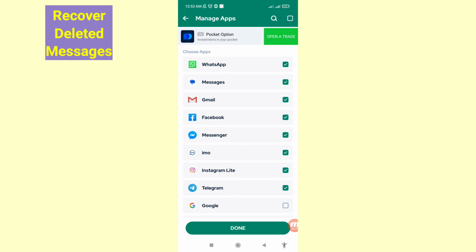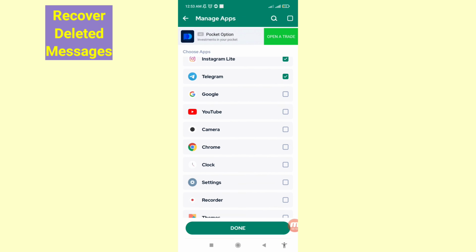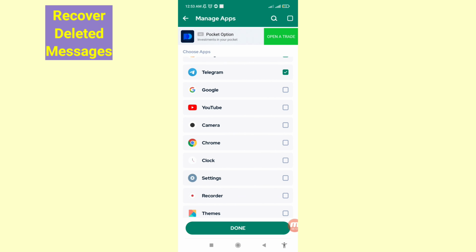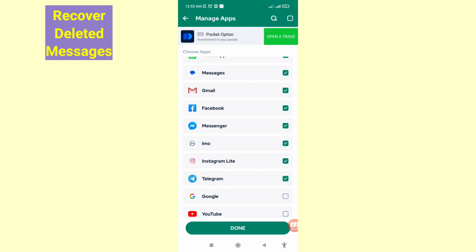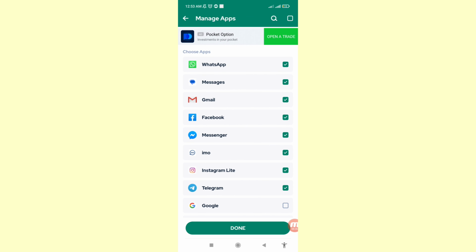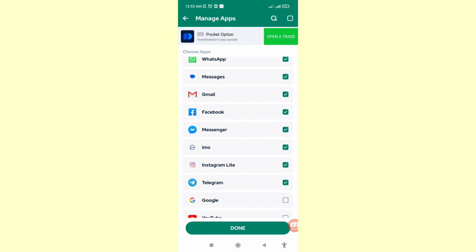In this video I'll show how to recover or restore deleted messages. If you want to recover and restore all your deleted messages, let's see how to do that. And this time you can easily recover your deleted WhatsApp messages and recover your deleted text or